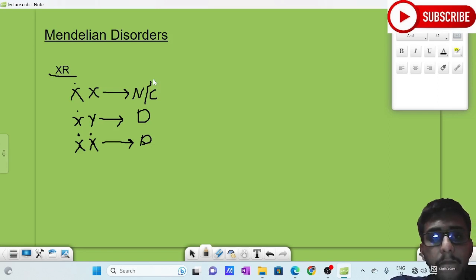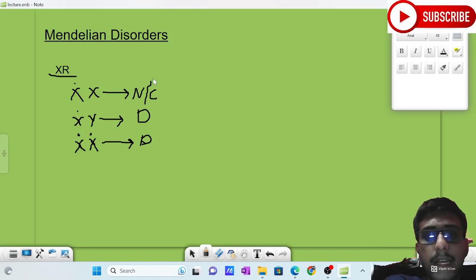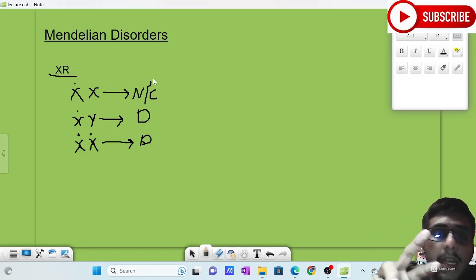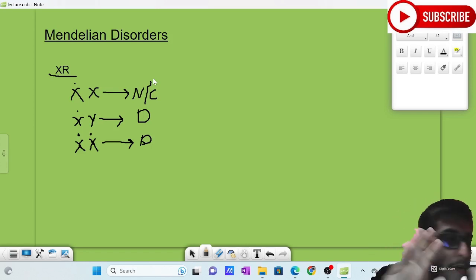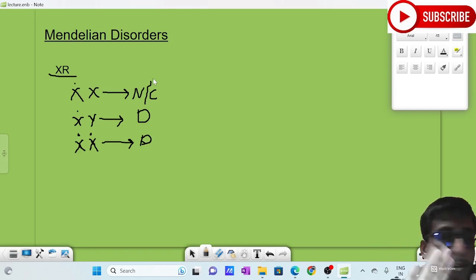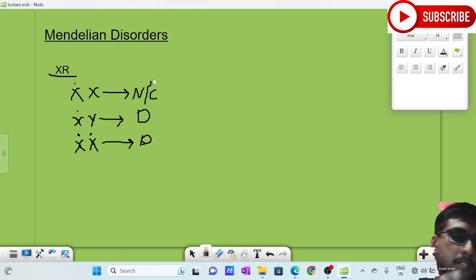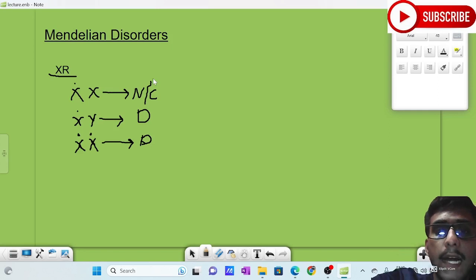hemophilia, color blindness, Duchenne muscular dystrophy, Hunter syndrome. Actually, out of these four, usually these are the four common we have studied, but in your textbook, hemophilia and color blindness have been given. We will study it very deeply after we discuss this classification. So, what I have said is that